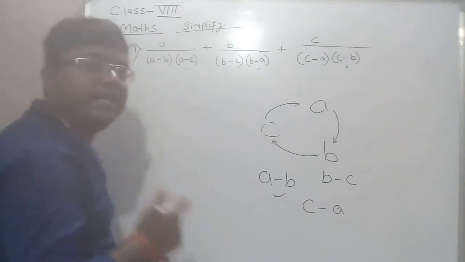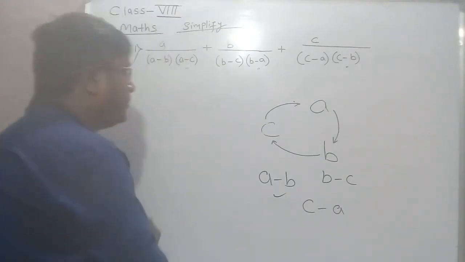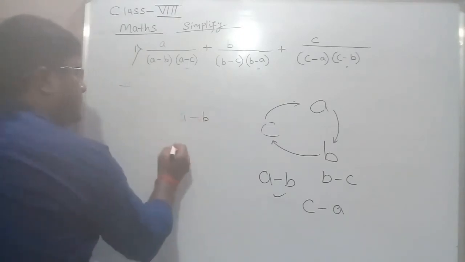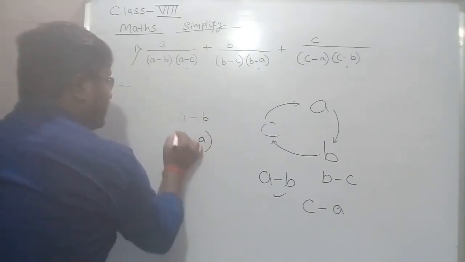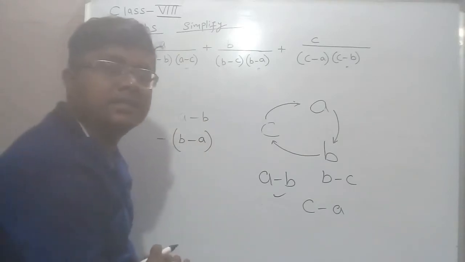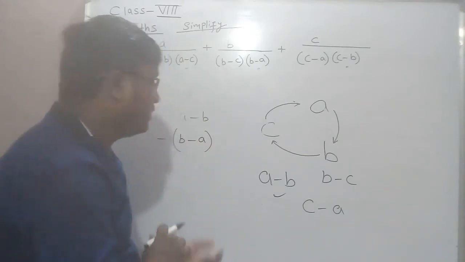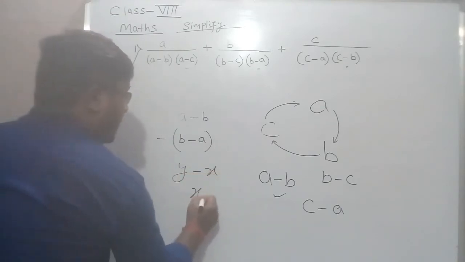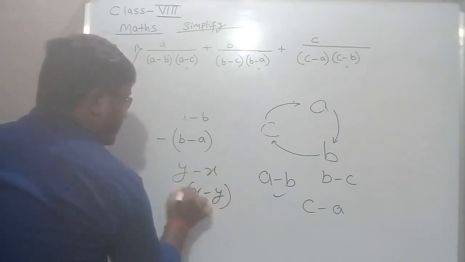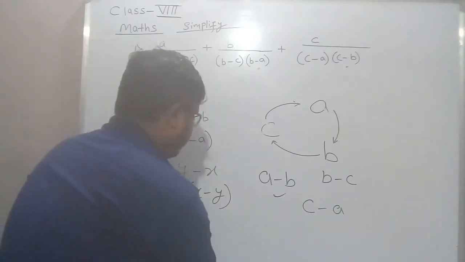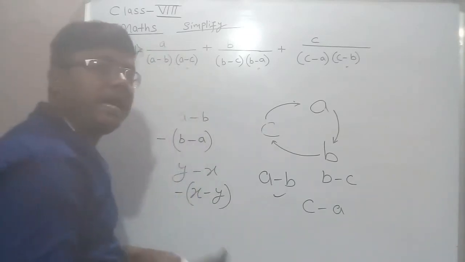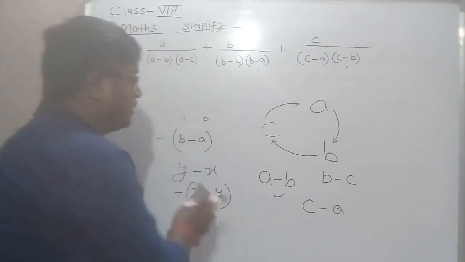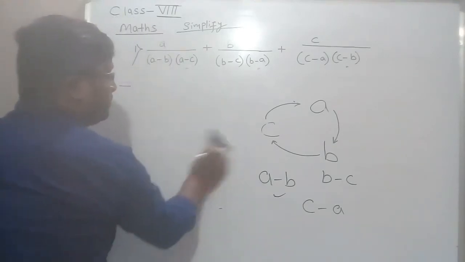While changing, in my previous video I told you, suppose there is a minus b and you need to make it b minus a, then we have to take minus common. Do you remember? Suppose there is y minus x and we need to make it x minus y, then we take minus common. How it becomes I have already explained in my previous video, please refer to that. So I am going to directly change it here.